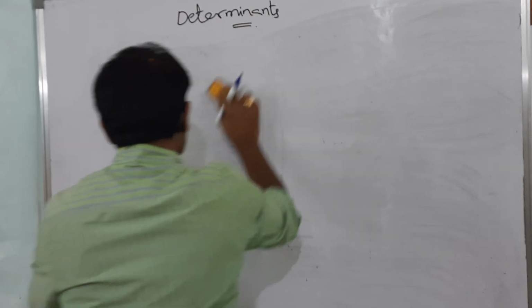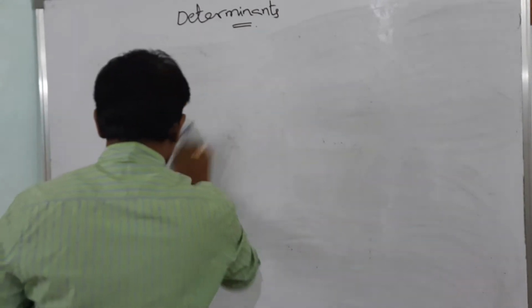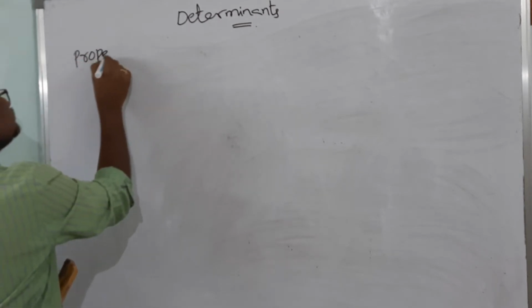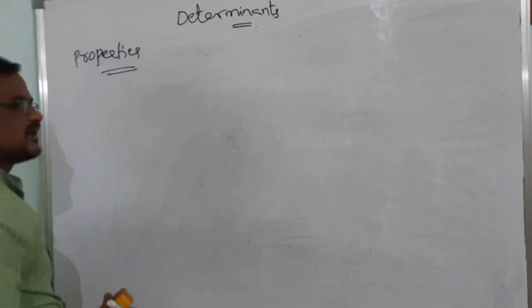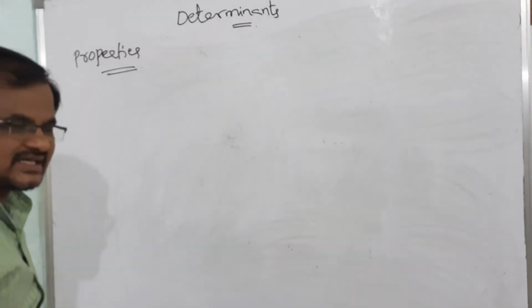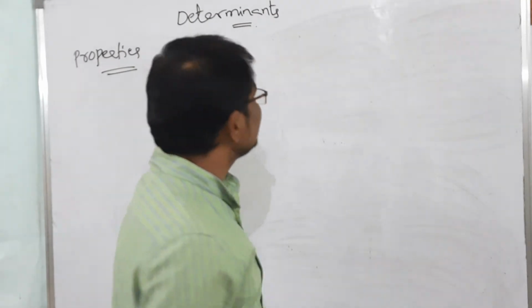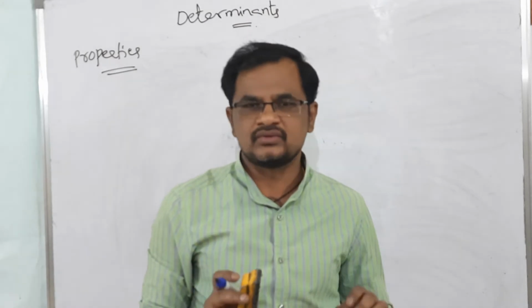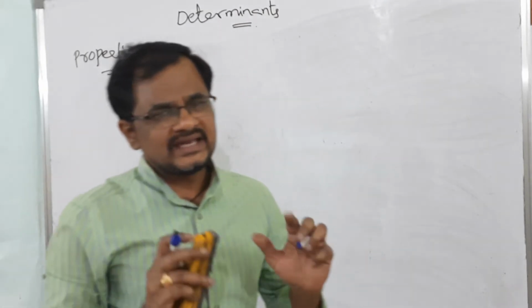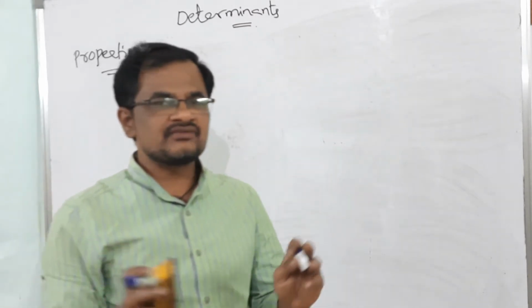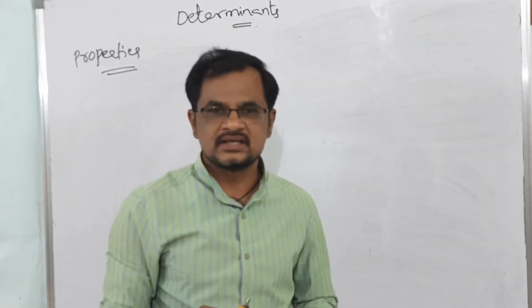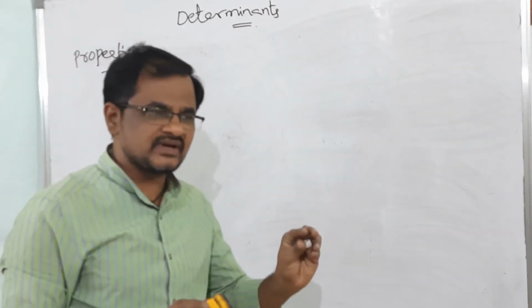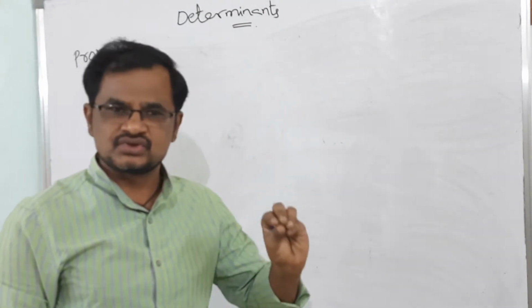Next, properties. Actually, properties of determinants have been removed from the syllabus, completely not there. But some properties definitely you should know, you should learn, because in any entrance exam, the structure of the problem, means the solution of the problem, they won't ask, the answer they will ask. So sometimes these properties are also useful. So that's why at least a minimum number of properties you should learn, right?